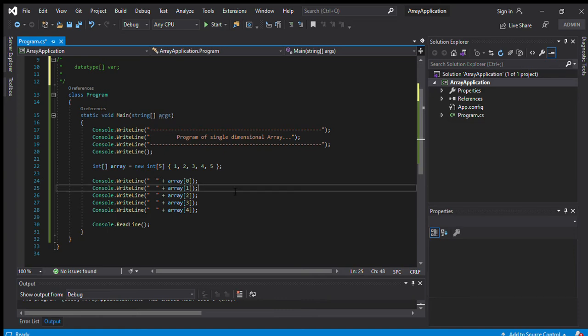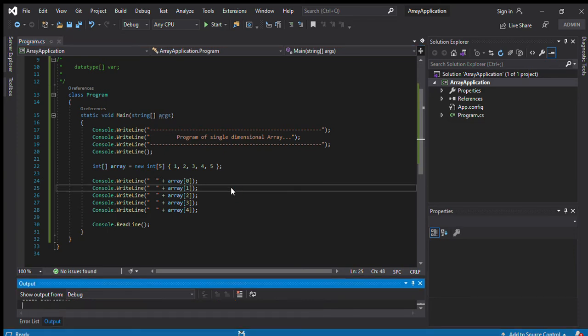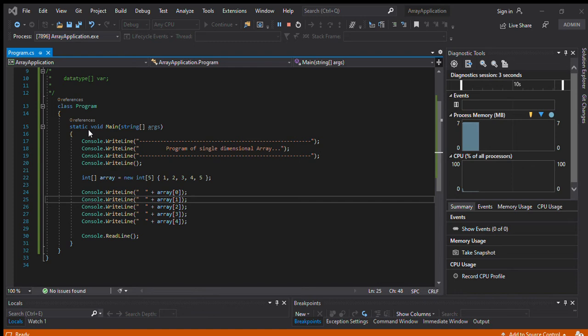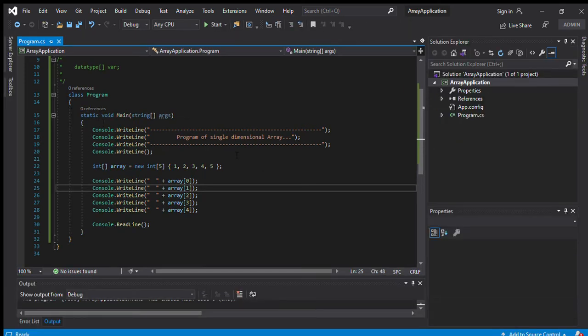Let's see what the output will be if I run the code. The output is 1 2 3 4 5. If I am storing more elements, like 6 and 7, it is not taking the elements. Why?